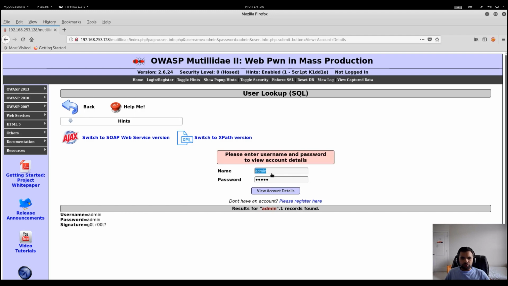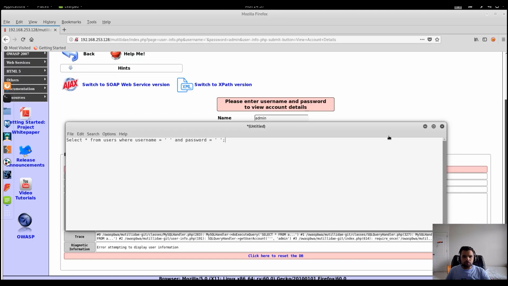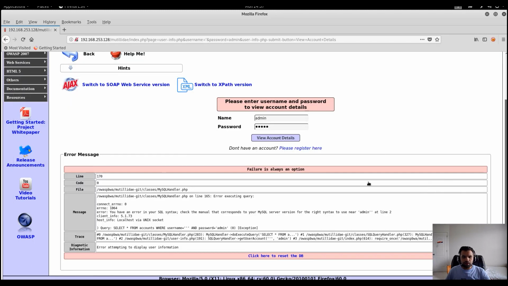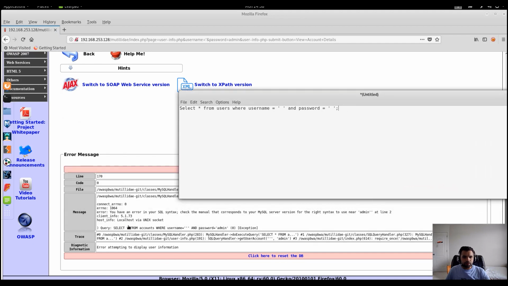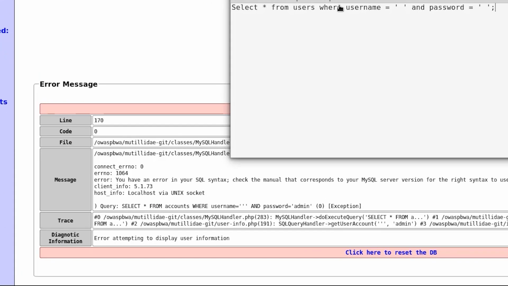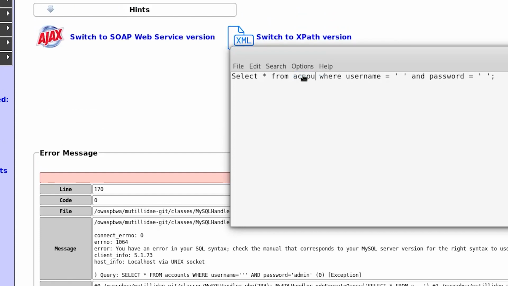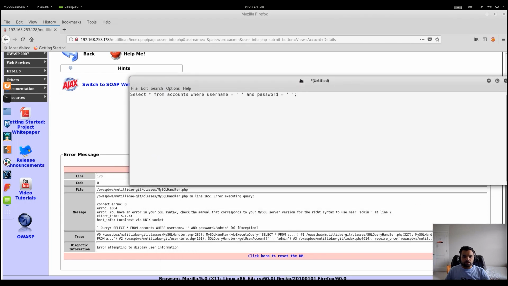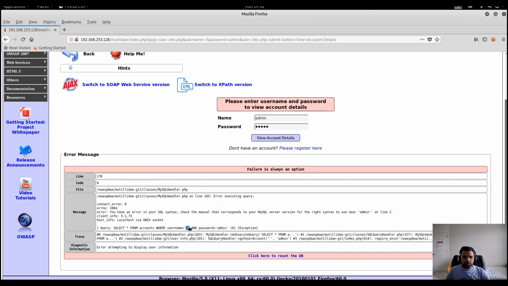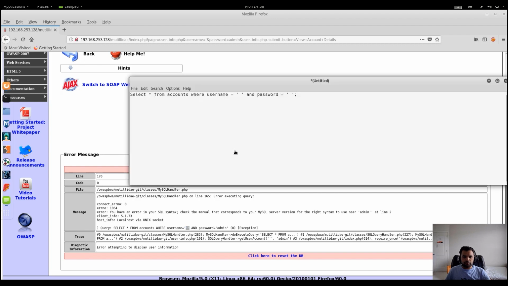Previously we saw that we get this error message when we insert a single quote here, and based on this, this is the query that it's using in the background. Instead of users, I think it's using the accounts table, but otherwise it's pretty much the same. It generated the error message because we added this extra single quote which messed up the syntax.